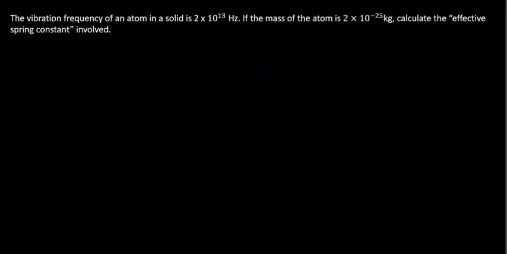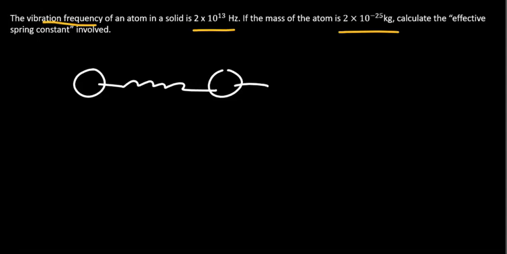In today's video, we shall look at a few problems on simple harmonic motion. Problem 1. The vibration frequency of an atom in a solid is 2 times 10 to the power 13 Hz. If the mass of the atom is 2 times 10 to the power minus 25 kg, calculate the effective spring constant involved. So here what we are assuming is you have a bunch of atoms connected like that